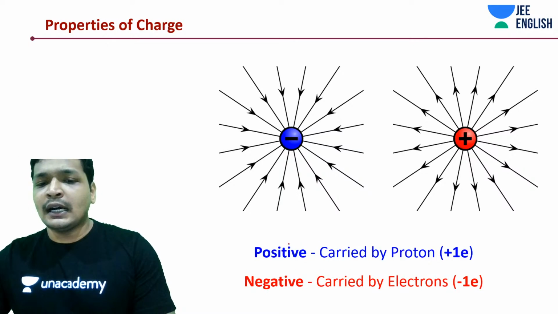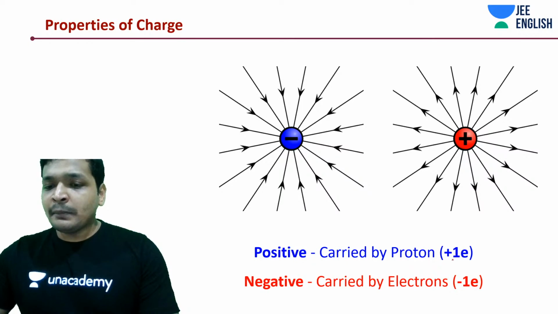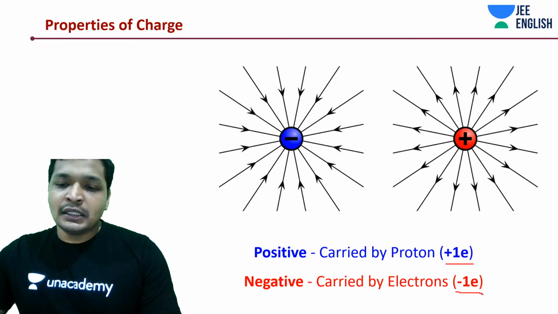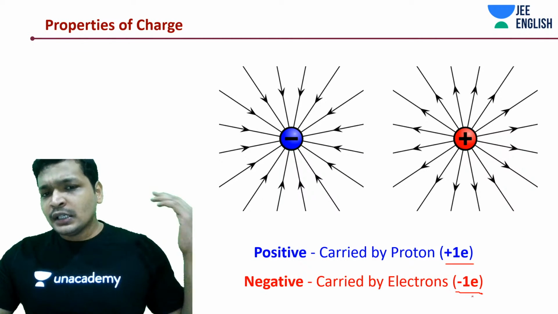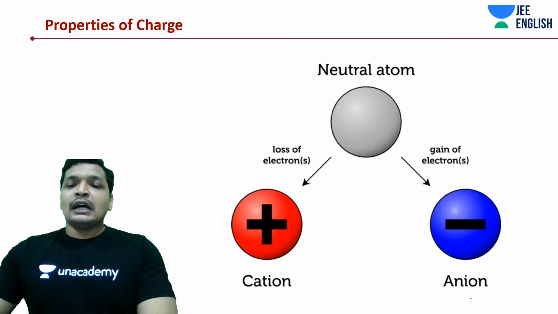And that being said, yes. So what is the charge carried by one proton? Plus 1 e, while that of an electron is minus 1 e. Okay, so I believe this is also quite clear. So that being said, guys,